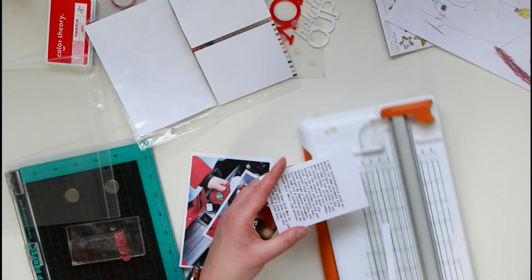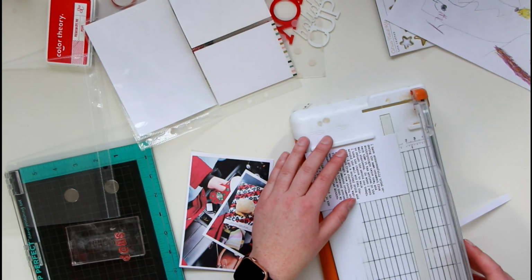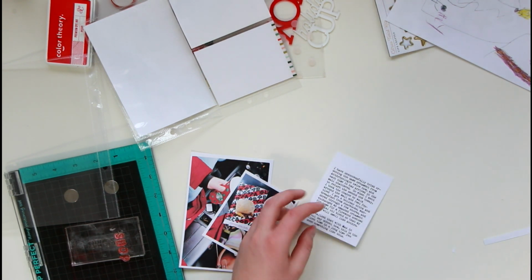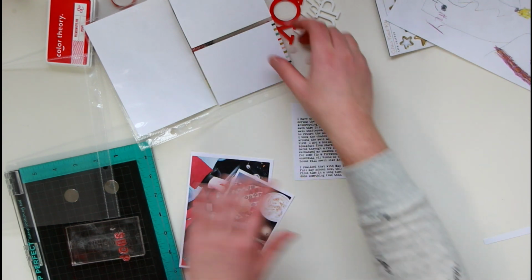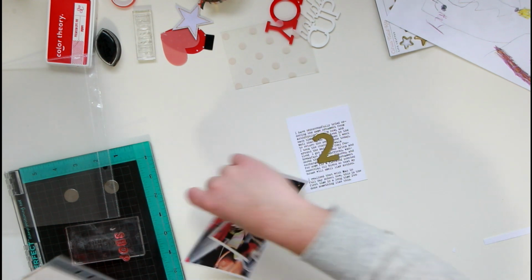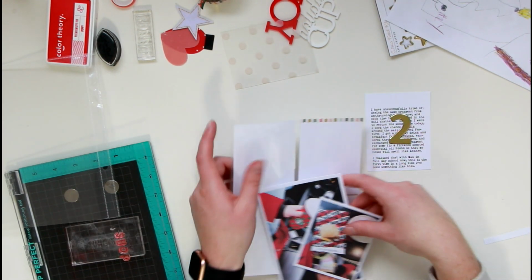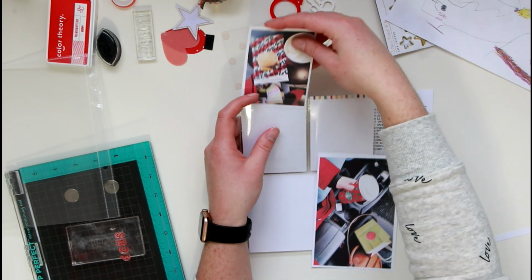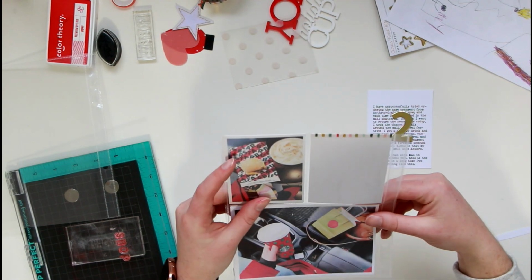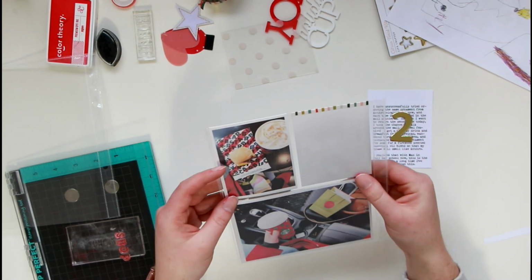So I just gave myself a little notch, and then I can line that up here. So I wanted to put the number on top of this journaling, but I want to be able to read the journaling as well. Like, I don't want it to be unreadable. And now that I have this photo, I'm going to embellish it, so I'm not going to do anything